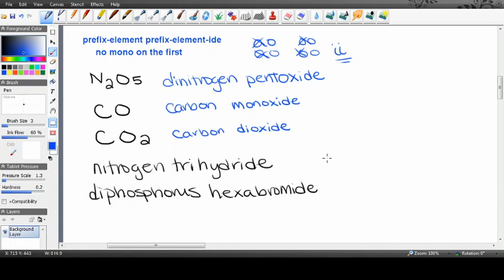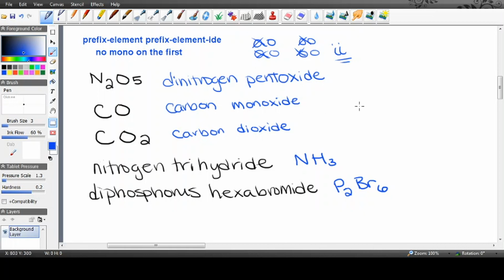And let's see if we can go in reverse. So here's my name, nitrogen trihydride. That must mean 1 nitrogen because there's no prefix. Hydride is my element hydrogen. 3 of them. Diphosphorus, it's 2 phosphorus atoms. Hexabromide, bromine, and 6 of them. So very, very simple to write names and formulas for covalent compounds. Prefix, element,